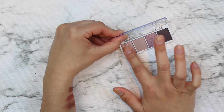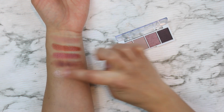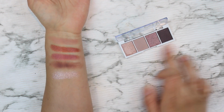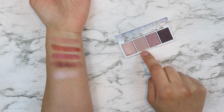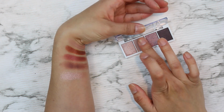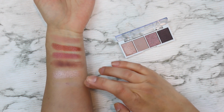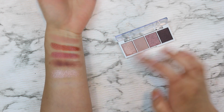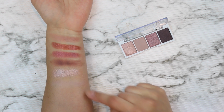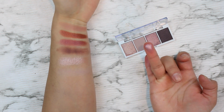So let's try this out. So start with the first one. Ooh, that's pretty. That's like an icy pink. It's like a frosty pink. This is nice. This is a very cool tone. This one's the cool toned sister to Berry Bad that we just swatched. So here, ooh, that's a pretty transition shade. I like that one. It's a purpley white based matte. That's pretty. Now we have this one right here,